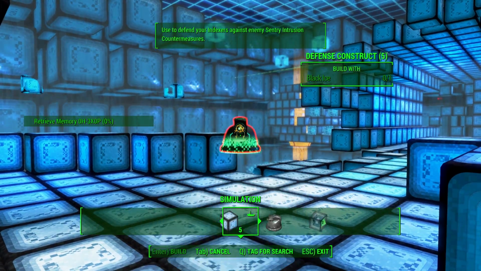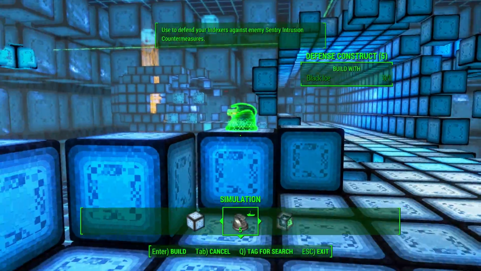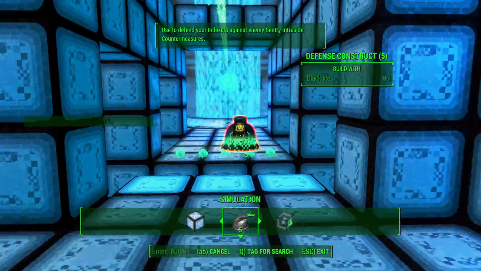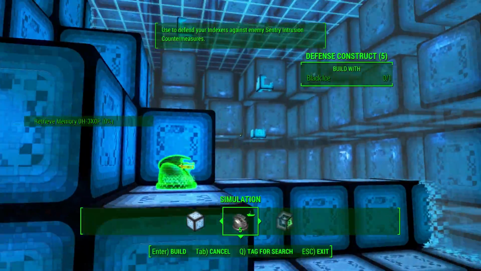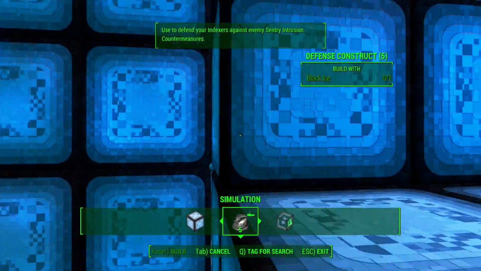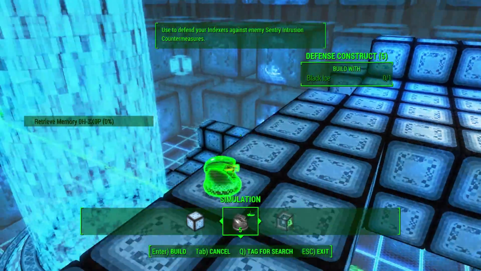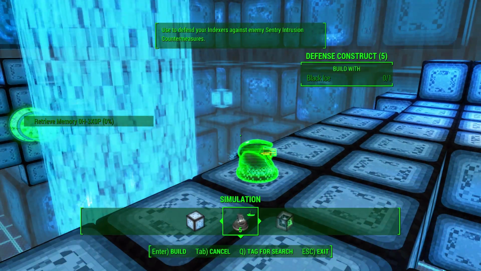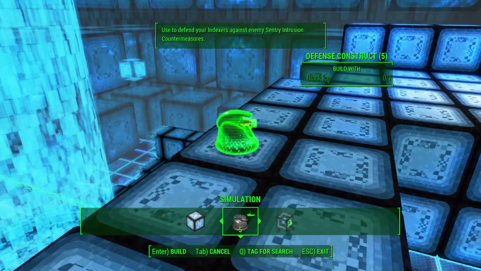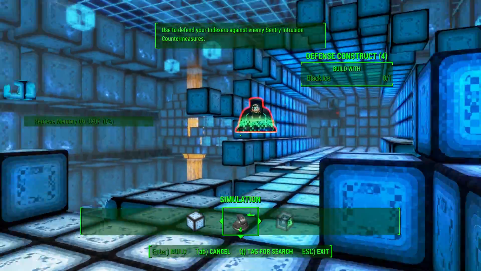So where to place my turrets? Alright, so I definitely need one over here for protecting them on this side. And I think what would be best is probably put them up here. Yeah, like one right there. Then I'm thinking